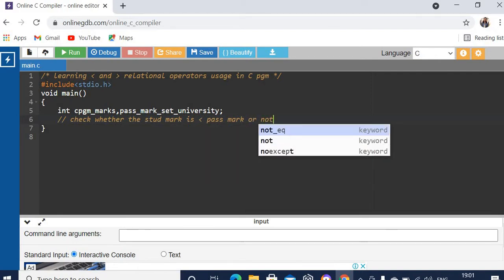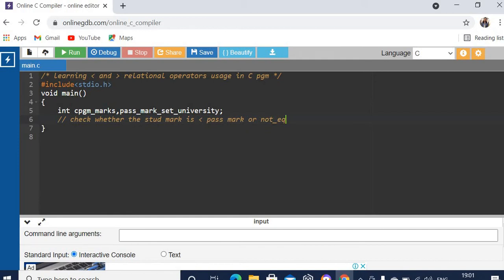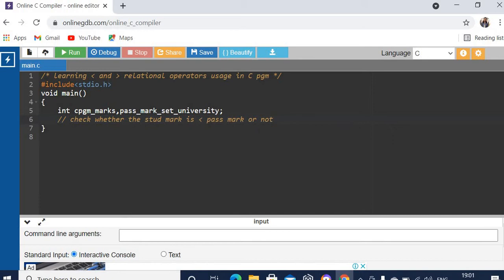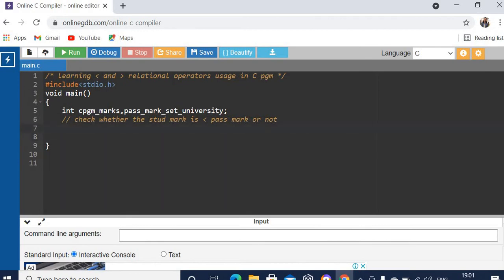Here, the C program mark of a student, okay, we'll set it as out of 100.